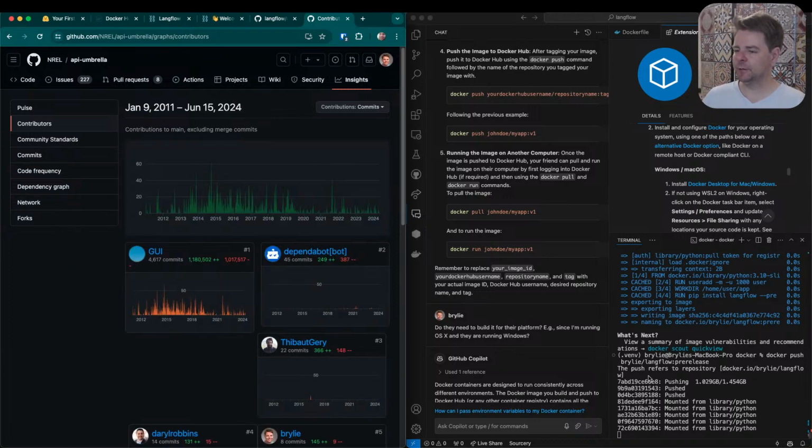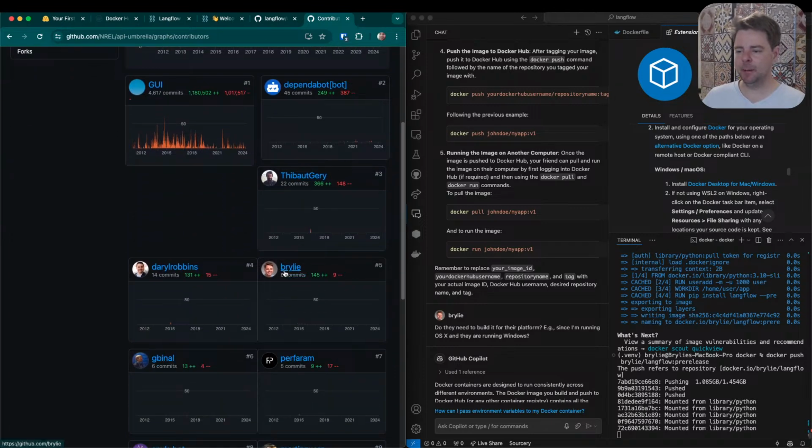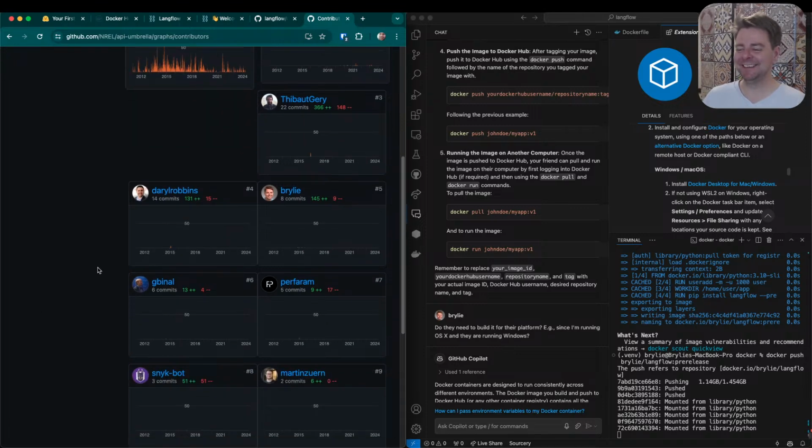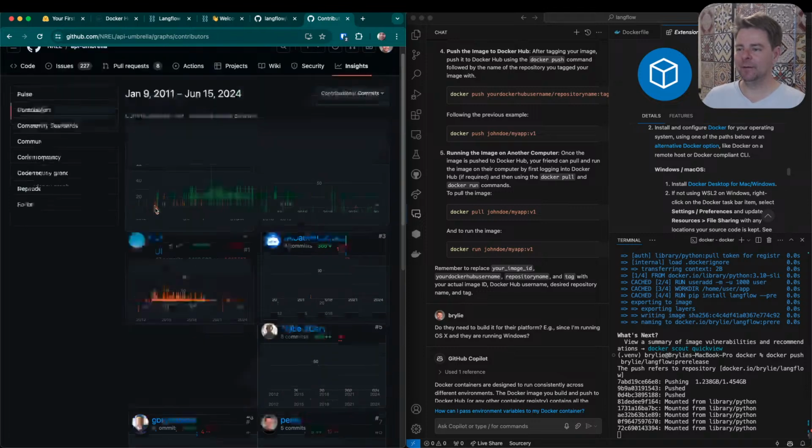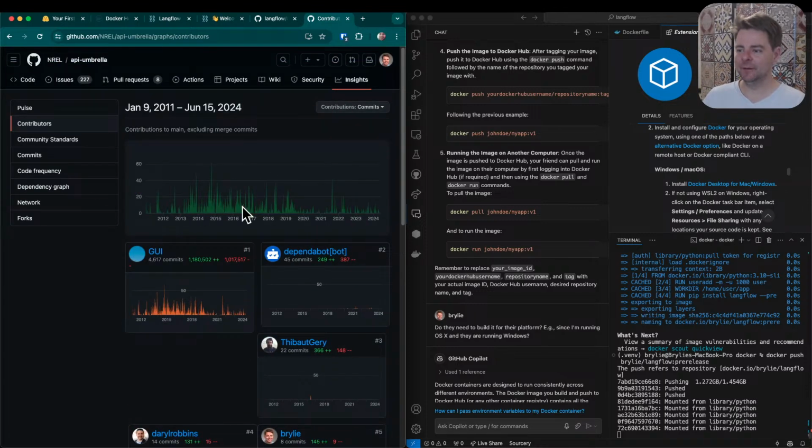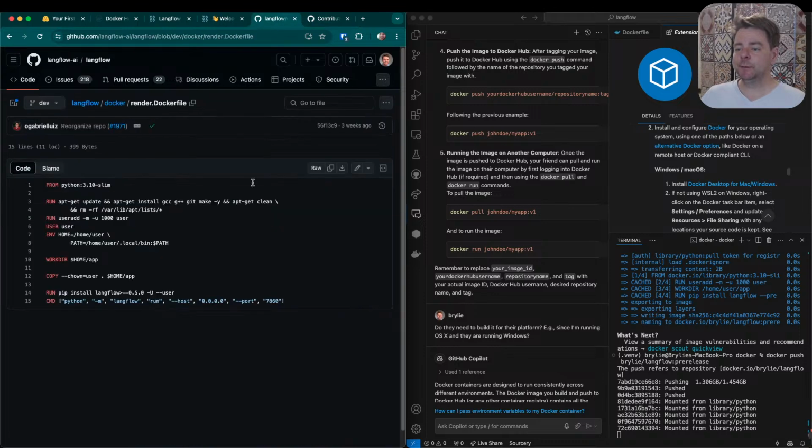Wow, it's a pretty big image. But yeah, look at this commit activity, just one solo developer pretty much. There I am, back in 2015. Nice. Oh man, crazy. Yeah, a while ago, relatively. So yeah, that's what I was doing